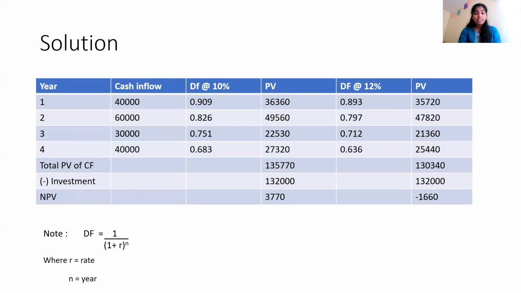But in case both your NPVs you got are negative, in such a case, you'll be lowering. Maybe I took the discount factor as 10% and I got a negative NPV. Next, I will take maybe 8% and still I get a negative NPV. So again, you will reduce by 2 margin to 6%, and then finally you will arrive at a positive NPV. So remember, you'll need a positive NPV and a negative NPV. Now let's look into the substitution part.